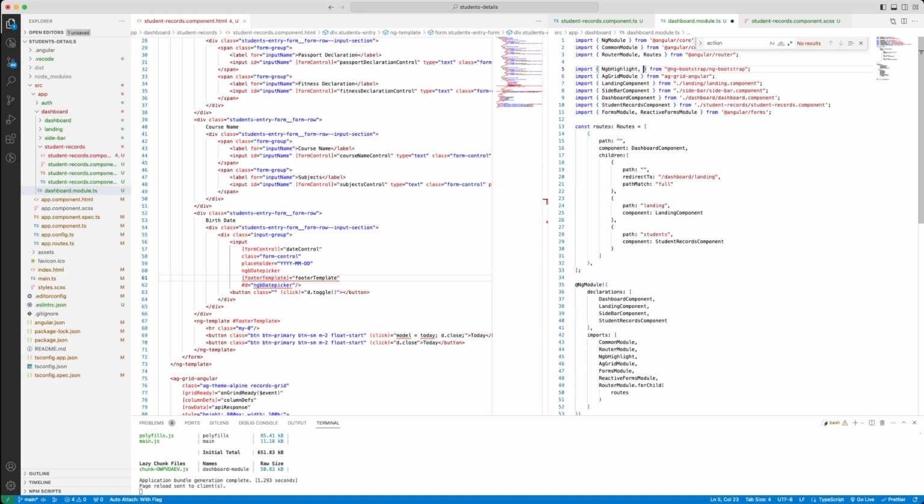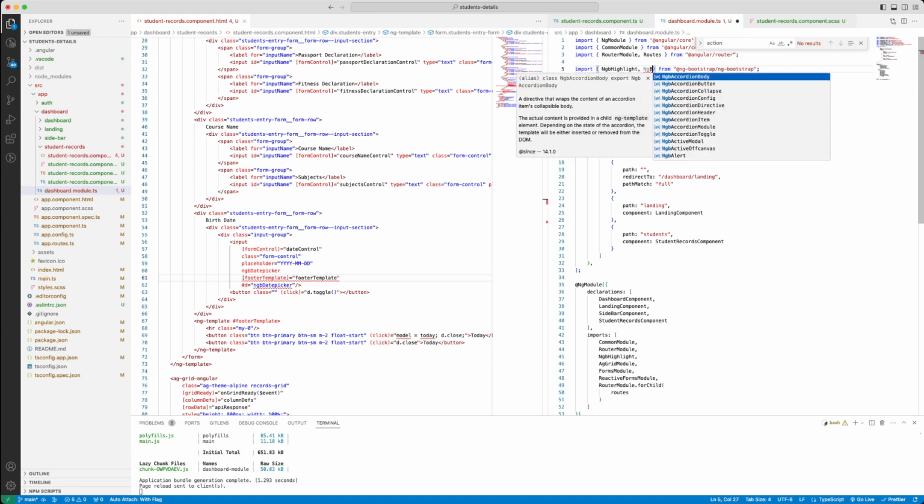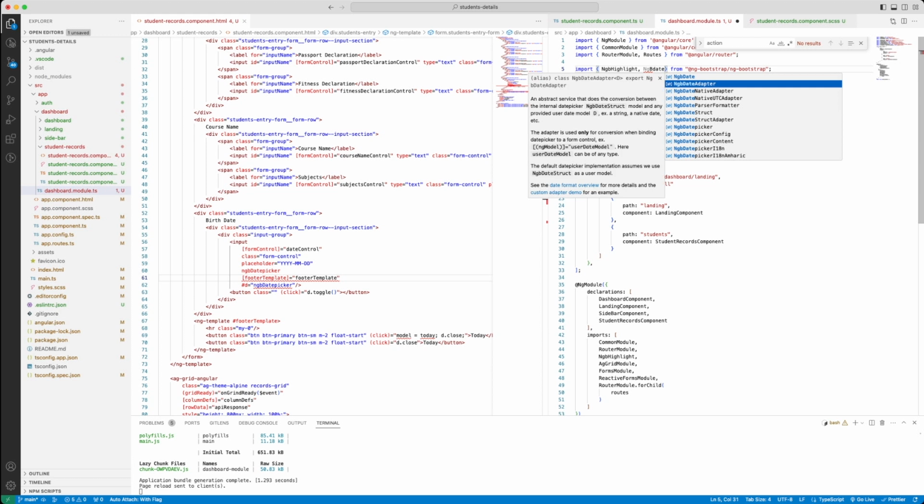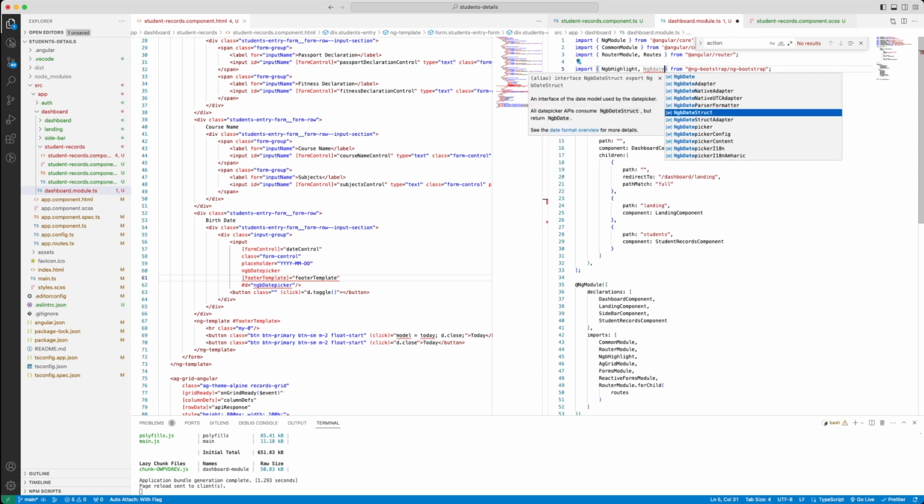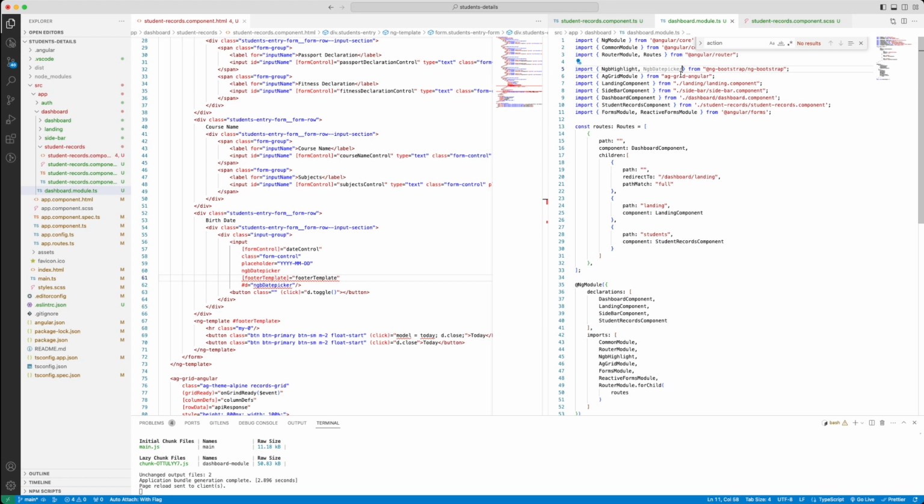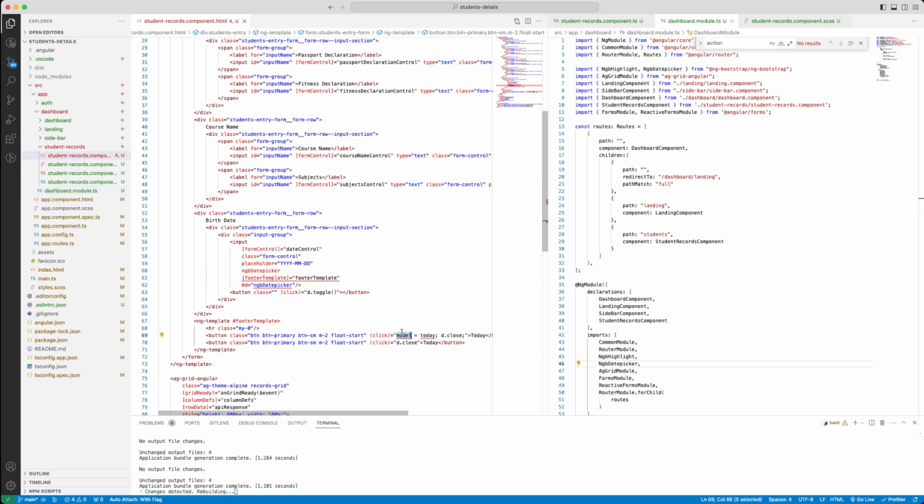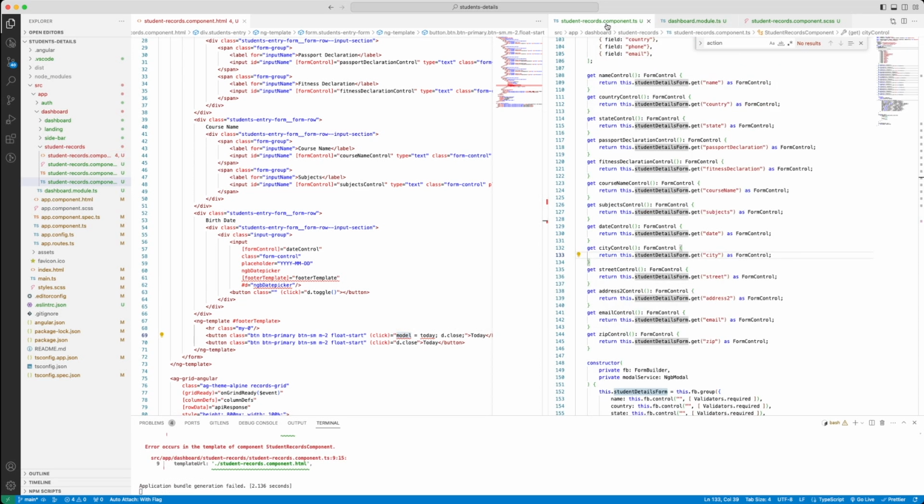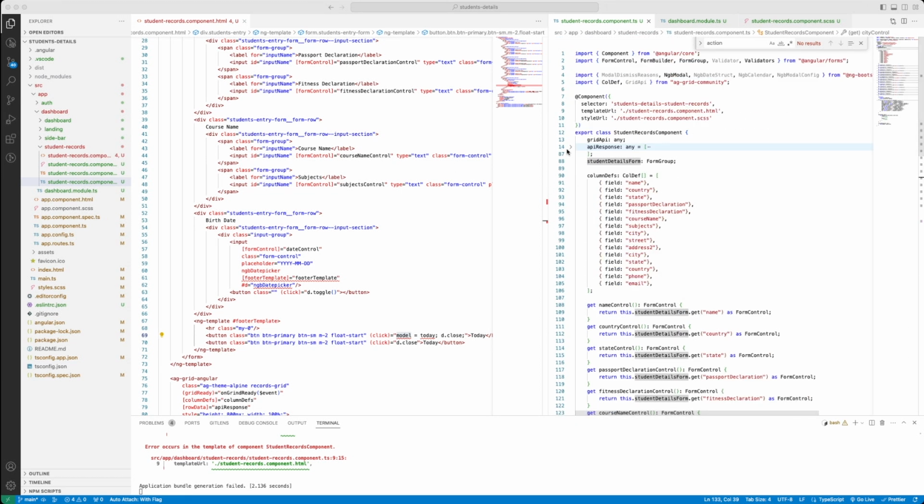Let's just put another one. Let's import this here right after. Let's just put a model, also declare a model property in the component. So let's go to the students record component and define a model property as ngb date struct. So go here,